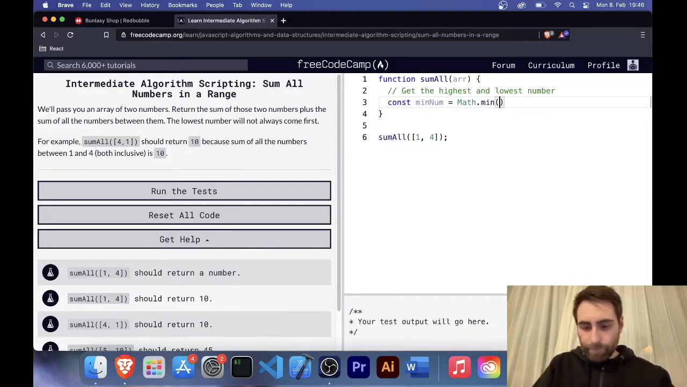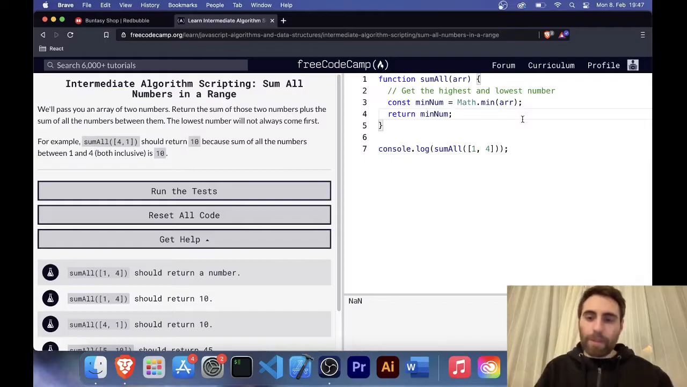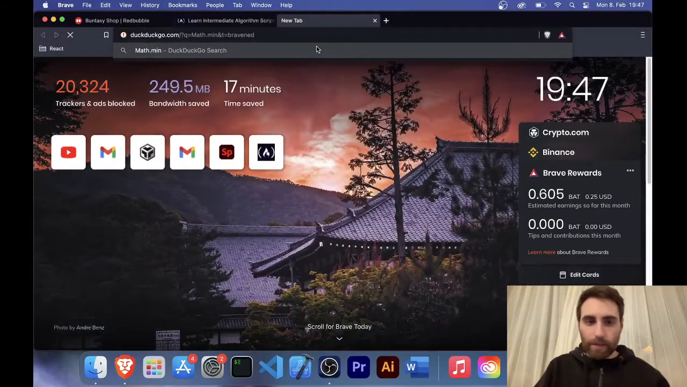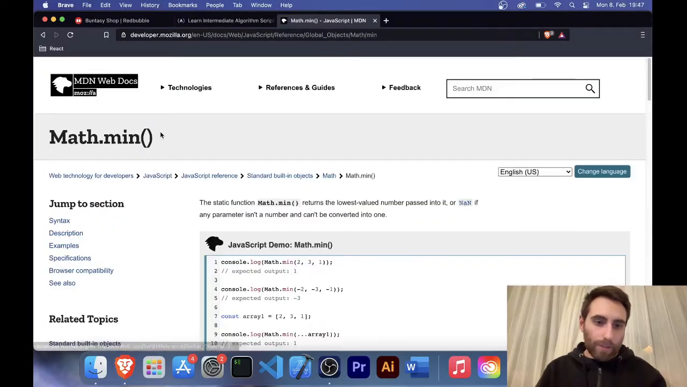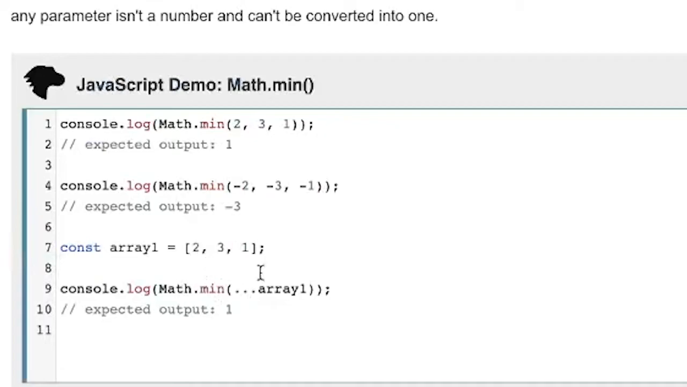Math.min, and then we can do it like this, but then it's gonna throw out a NaN because the Math.min function just expects a series of numbers. It does not expect an array. So you can see here Math.min expects a series of numbers, and how you can use an array here is by using